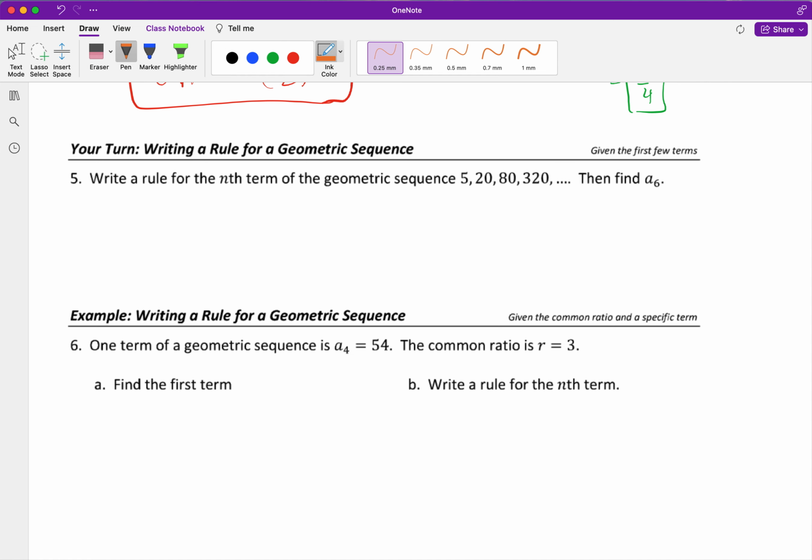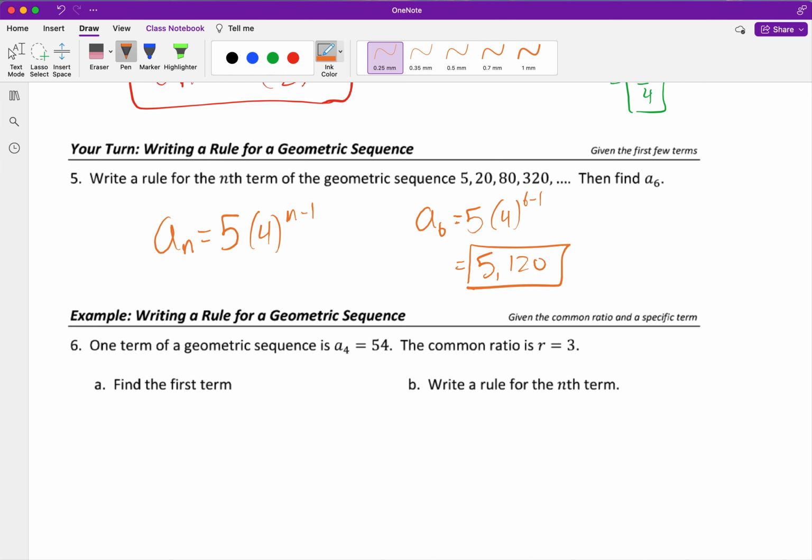Whew. How'd that go? Good? All right, glad to hear it. You should have gotten an equals 5 times 4 to the n minus 1. Our common ratio was multiplying by 4 each time, and our starting value was 5. A6 is going to be 5 times 4 to the 6 minus 1, so 4 to the 5th power, and that's going to be